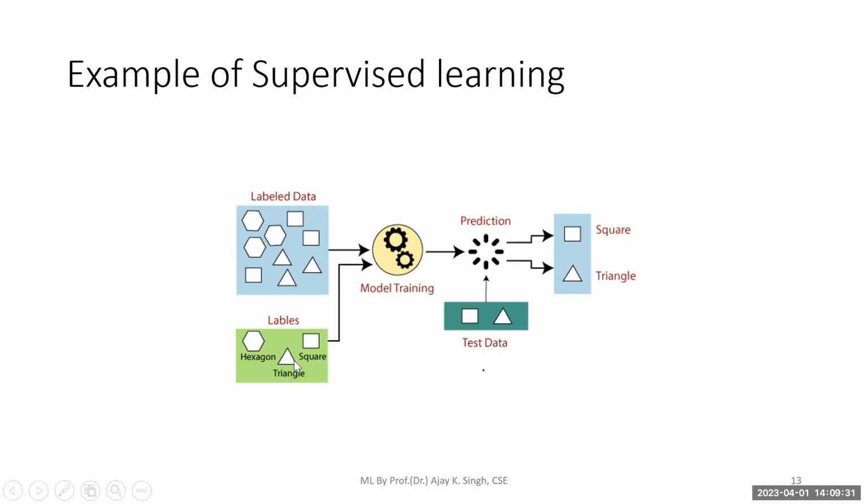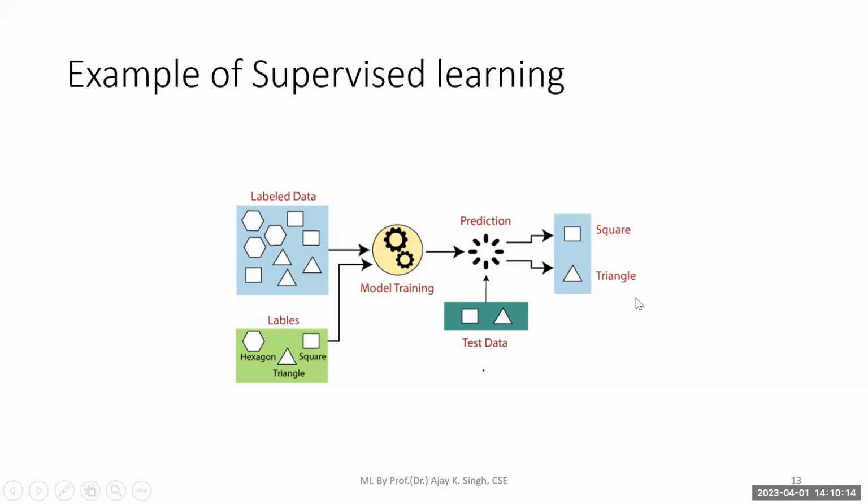Basically, the entire data is going to be divided into two parts, training data and test data. Mostly we are going to have 70 to 80% training data, and the rest 20 to 30% is test data. We want to test whether our model is giving accurate results or not. What is the accuracy of my model? Maybe 90%, 98%, 92%, whatever it may be, we want to test that also. So this is all about supervised learning, that is, labeled data is given. This square is given, this triangle is given, and the label is given with the particular feature, like the square and triangle.